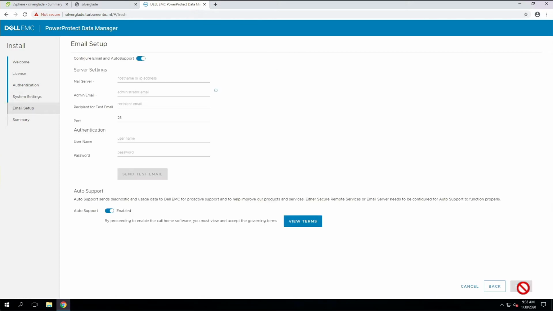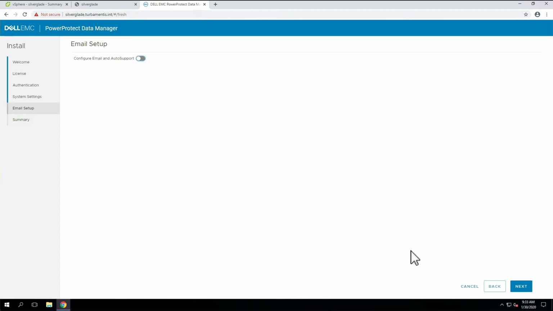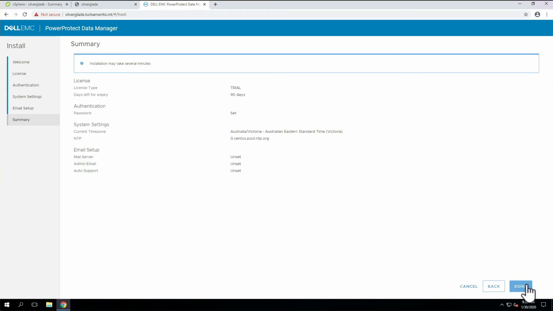Next to last, you're prompted to configure email and auto support settings. Because this is just a lab environment, I'll turn those options off. PPDM now has all the details it needs to perform the initial appliance setup, so I'll click Done to start